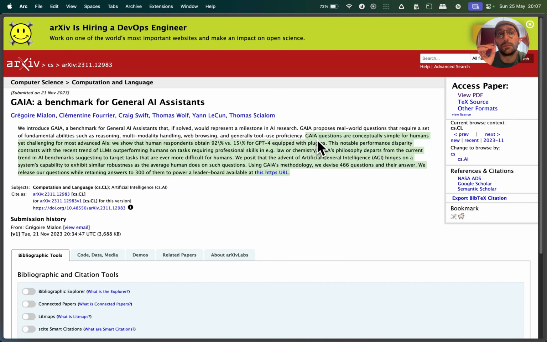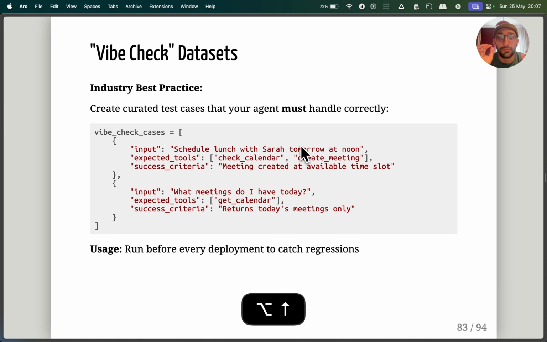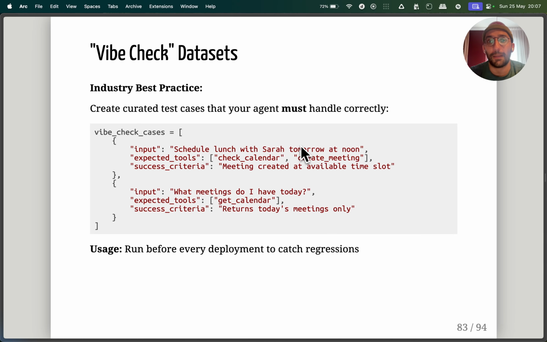The thing is, doing well on benchmarks that are widely available online does not necessarily mean it's going to do well on your tasks, especially because the agents that are being developed right now, especially in research or in enterprise, they're usually kind of tailored to be well on these benchmarks so that they look good when people talk about them in mainstream media and so on. So my advice is make your own vibe check data sets. And I say vibe check here just to make sure that you understand that it's like develop your own intuition, okay?